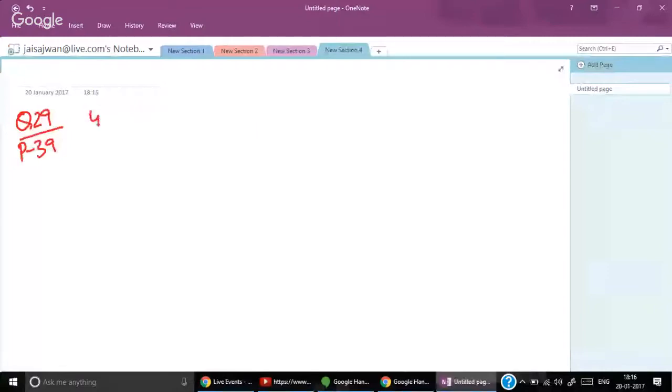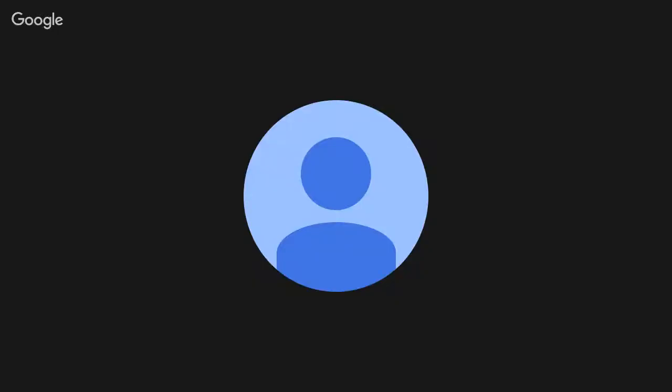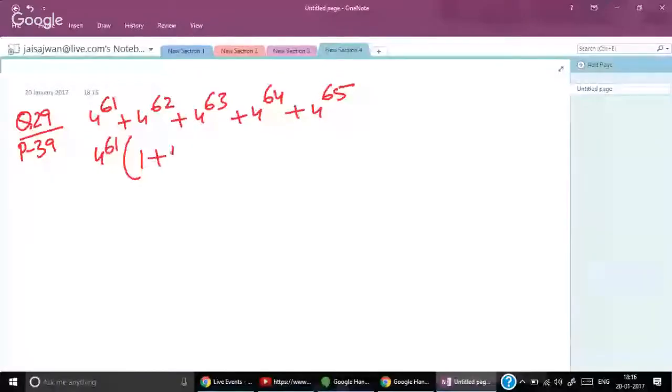4 to the power of 61 plus 4 to the power of 62 plus 4 to the power of 63. 4 to the power of 61 is common in all of them. Take that common, it is 1 plus 4 plus 4 square plus 4 cube. Some of these numbers,